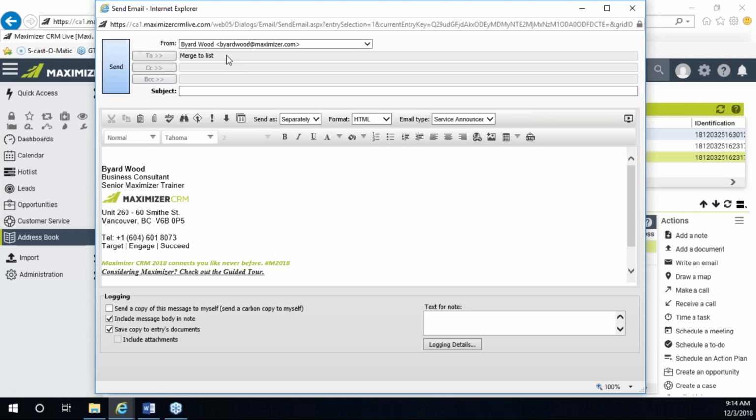Please be aware of this, and here's what it means for you, etc. And everybody will get a personal email to them in their name, and the subject line will be personalized to them as well. And as far as anybody can tell, I cared enough to send an individual email to each one of those 200 or 300 people, because I told Maximizer to merge to a list and send these emails